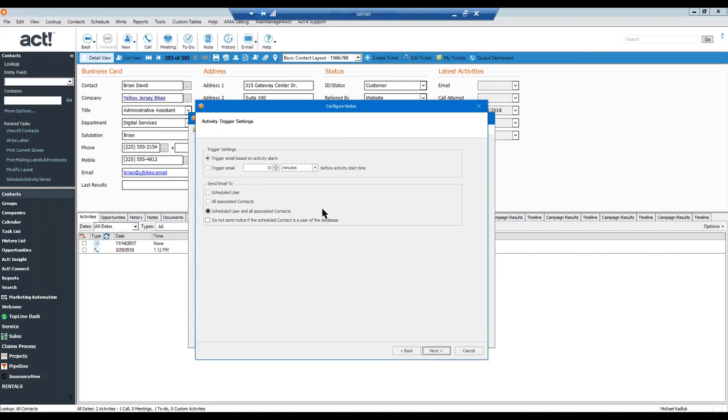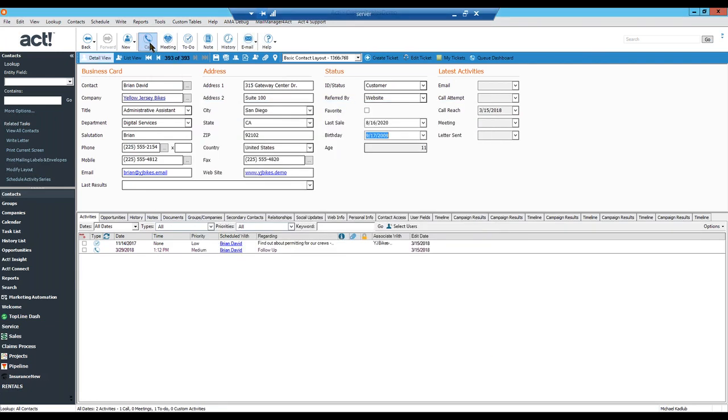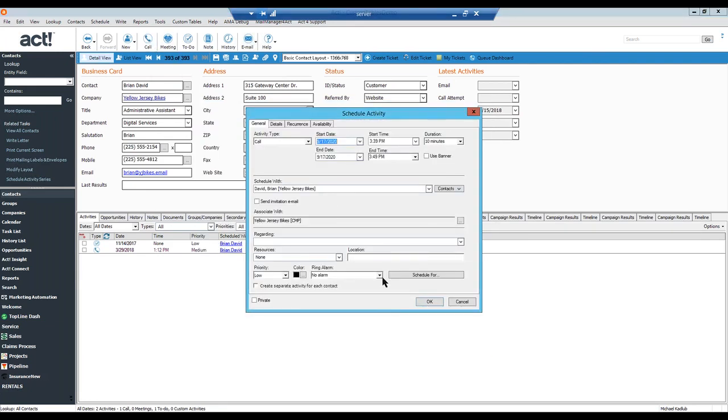So it doesn't send the email out at 6 a.m. if you have it set for 6 in your settings. It's going to send them out based upon these trigger settings you have here. So you can have it set based upon the activity alarm. So when you schedule that activity in Act, schedule a call, and you have it set for, let's say, 1 hour, then an hour before that activity, it's going to send an email to Brian